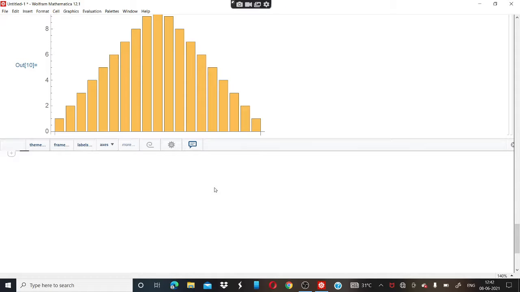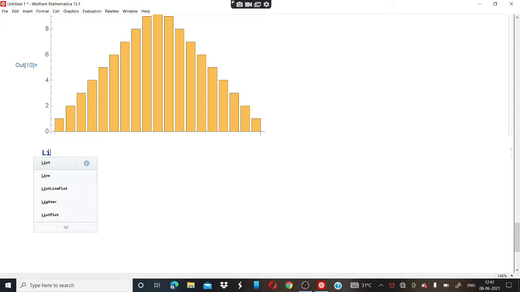Now the next question says, make a list of pie chart, bar chart and line plot of numbers ranging from 1 to 10. So in this case, we will write list, then pie chart. Range of pie chart is range 10, comma. Then we will write bar chart.